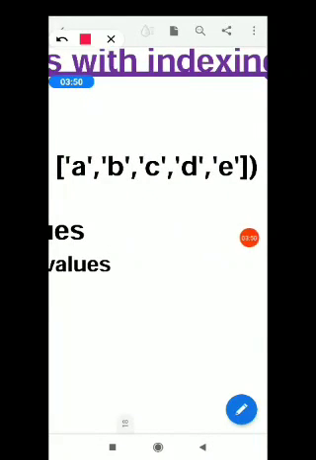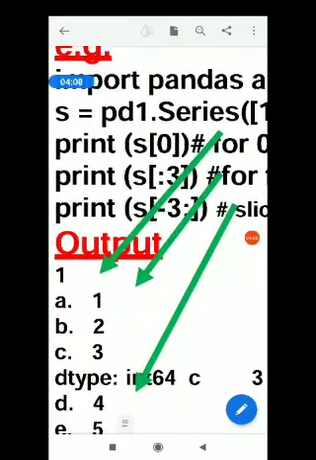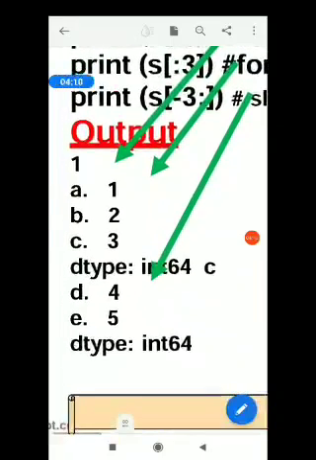As I have told you, the last position is minus 1, the second is minus 2 and the third is minus 3. So starting from the location minus 3, we are going to display all the index locations, and here we are getting it.